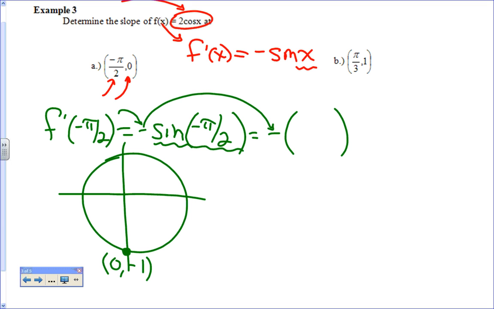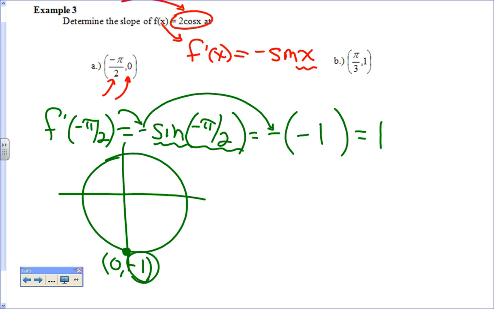I'm trying to find out sine of negative pi over 2, which, again, sine, when you're on the unit circle, is the x value or y value? Which one? Very good, the y value. And so it's negative 1. Right? This negative 1 is sine then. And so basically it's a negative 1, right? And so it's